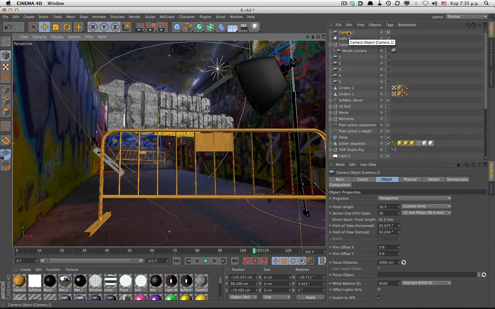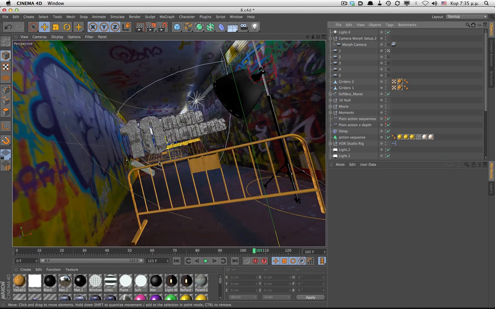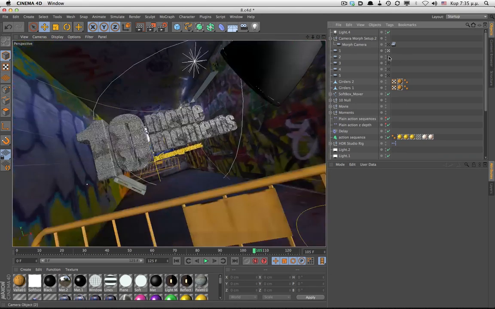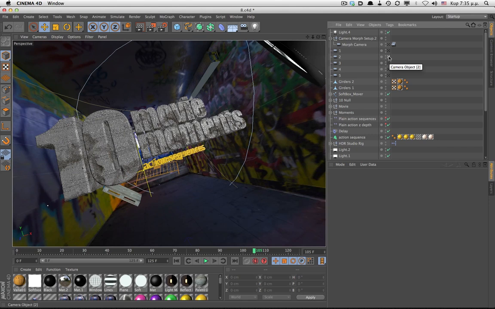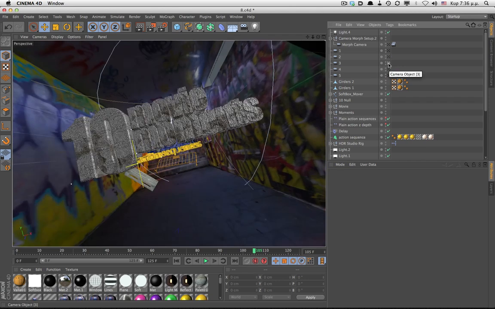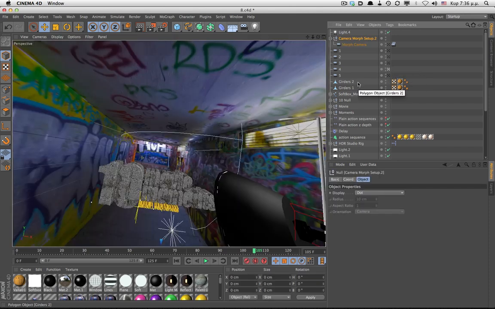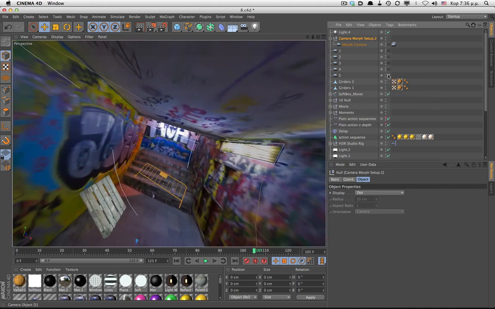Now that we have our first camera, we can move on with our second one. This camera will frame our text. It's also a good idea to have another camera facing the text, but from a slightly different direction and angle. Our fourth camera is preparing the motion for the last camera, so we should move it away from the logo and a little bit higher. And finally, our fifth camera should point at the end of the corridor, where we will fade to black in post.